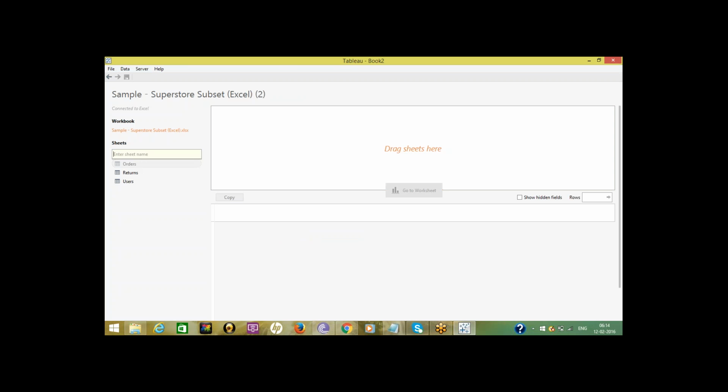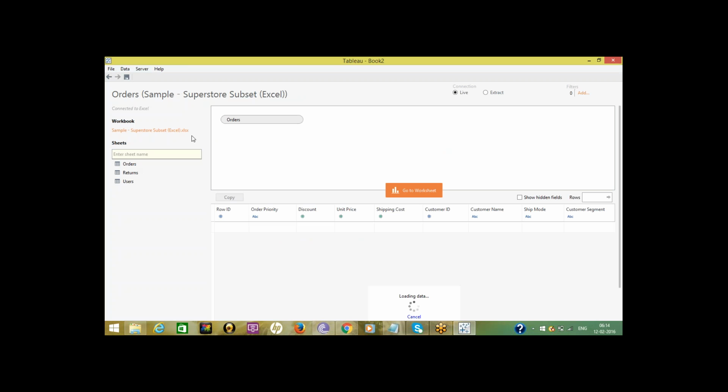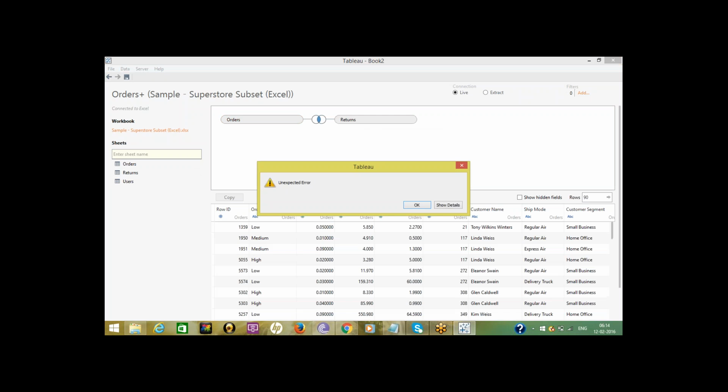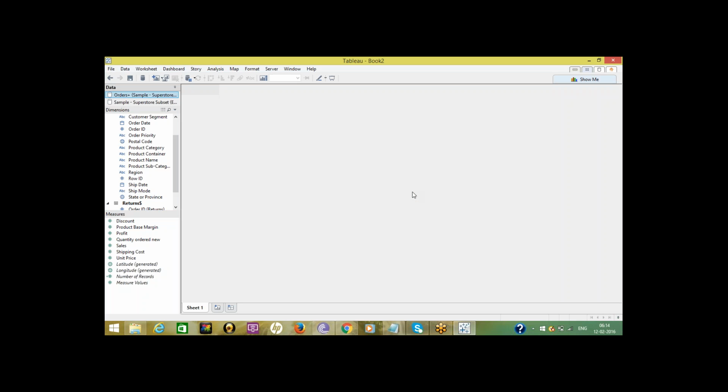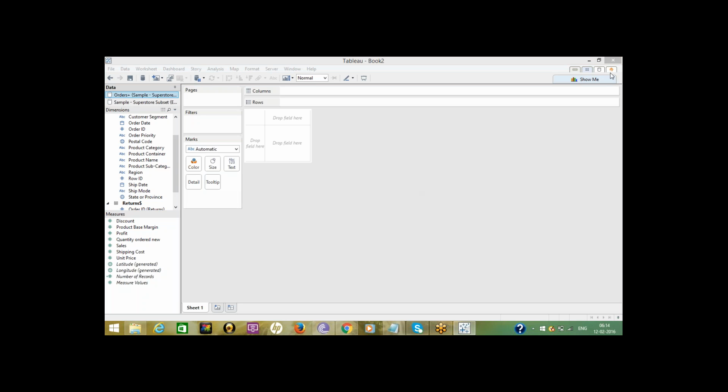For example, customer segment by sales, which I saw in yesterday's session.